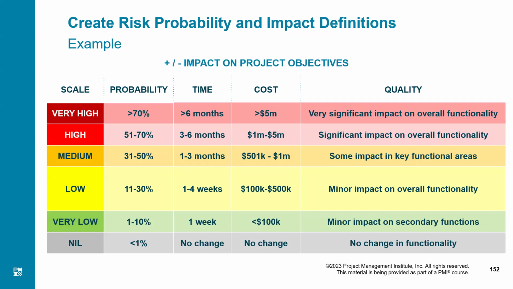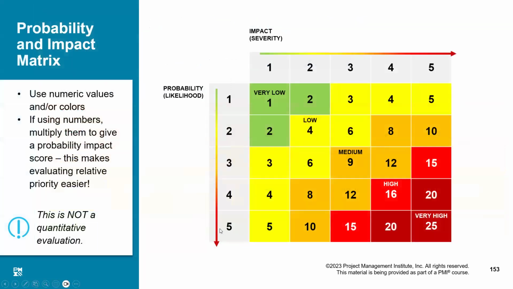Similarly, for cost, for quality, for scope, and then all of these things, scope, time, cost, and quality, you will have a cumulative value associated with it from 1 to 5. So basically, we are interested in probability and the overall impact. So I will have two values in the range of 1 to 5. One for probability and the other for impact. Now, once we have created that map, we will have to plot it. Just look at it. On the x-axis, we have the impact or the severity from a scale of 1 to 5.